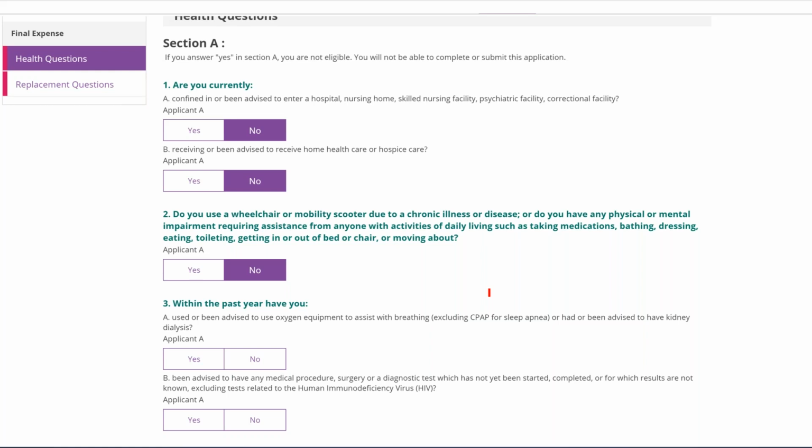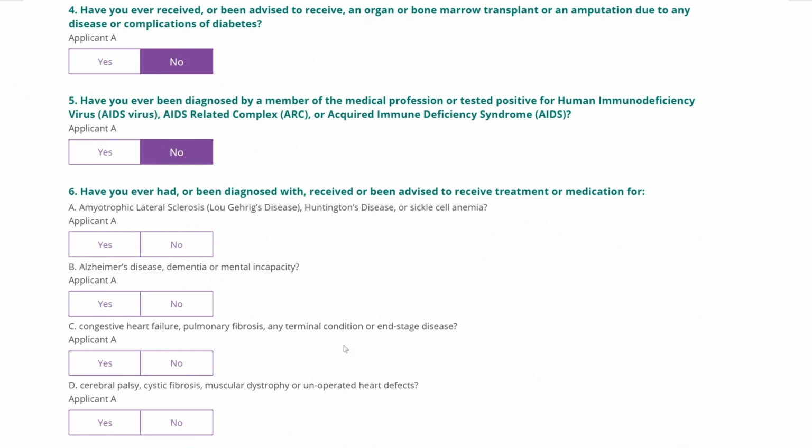been advised to have a medical procedure or surgery that hasn't been completed yet? So let's say you're writing the application and your client says, well, have you ever had a heart attack? Well, no, but I've got clogged arteries and I'm scheduled for open heart surgery next week. They don't qualify, okay? You can write them guaranteed issue, but if they're scheduled for a surgery, they're not going to qualify. All right. Guys, by the way, these knockout questions are nothing crazy. These knockout questions are about the same with most carriers. Next one, have you been advised to receive an organ or bone marrow transplant, or have you had an